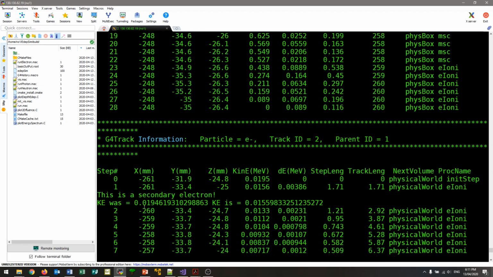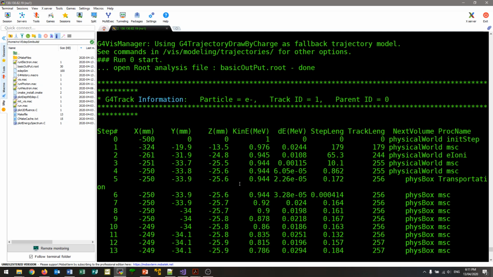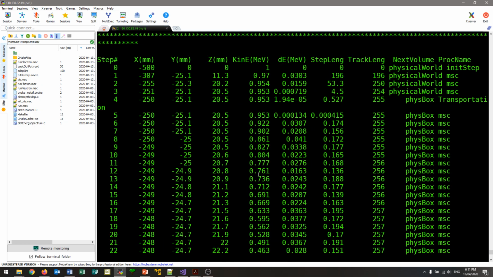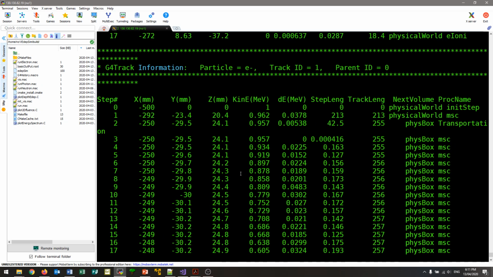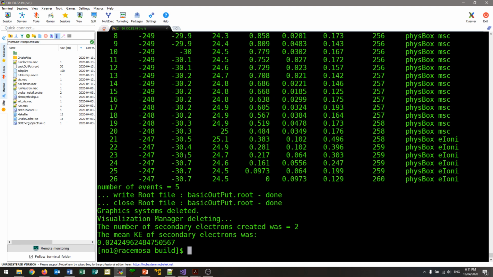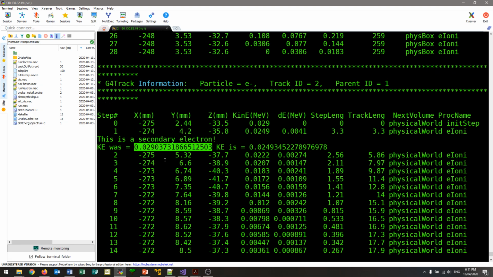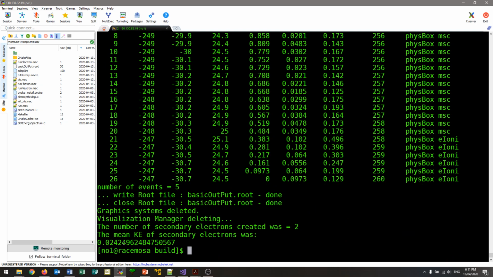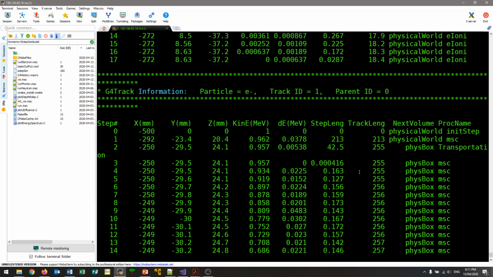0.19, and then there's our first primary particle. So 19 and 29, so about 0.03 and 0.2, so it's about 0.025, a bit under. So that looks like that's making sense. And let's actually